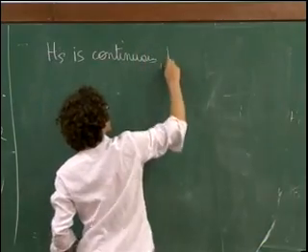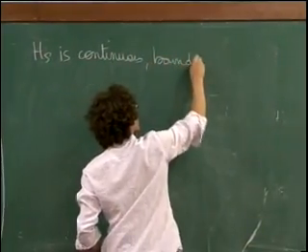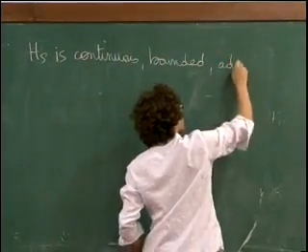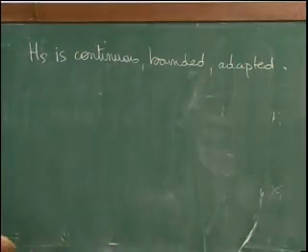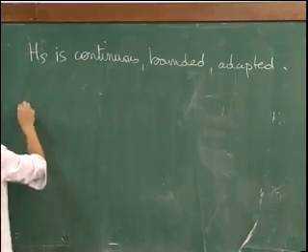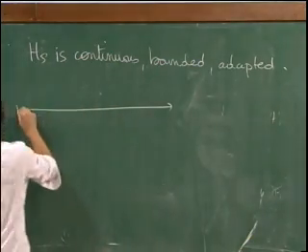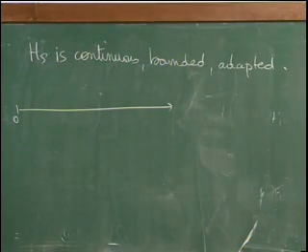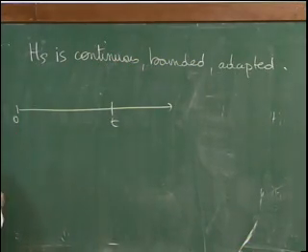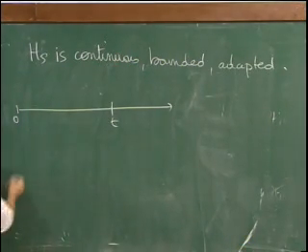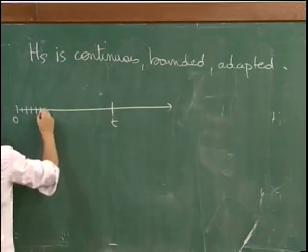So it's continuous, it's still bounded, and it's adapted. I want to approximate this process because so far I don't understand what it does exactly. So I'm between 0 and, say, t. I'm going to take